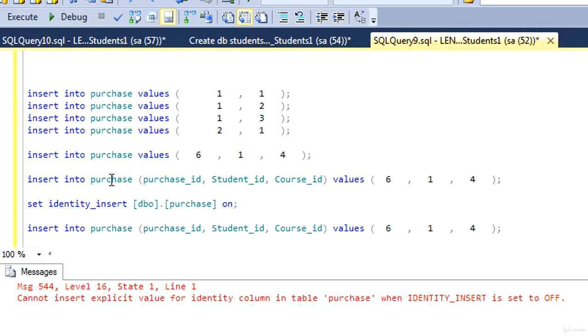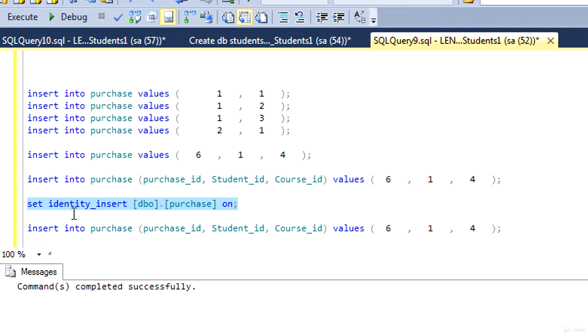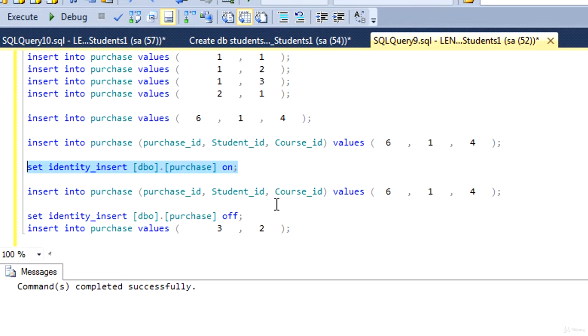So you have to turn off the auto increment. In order to turn off auto increment, you have to execute set identity insert on which table? Purchase table on. So once you execute this statement, the auto increment will be disabled. So you have to execute set identity insert on the purchase table on. Now we have disabled the identity insert. Now you have to insert the value as